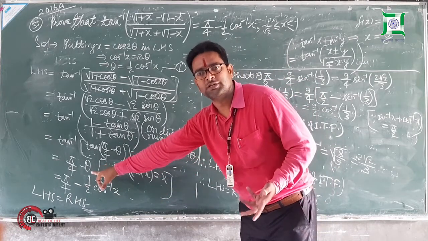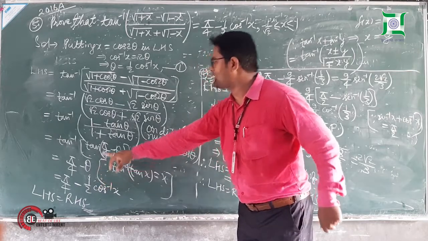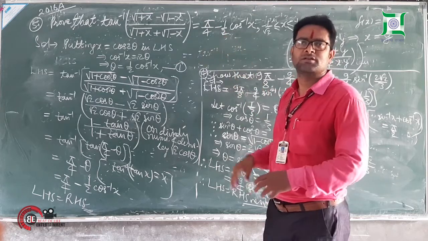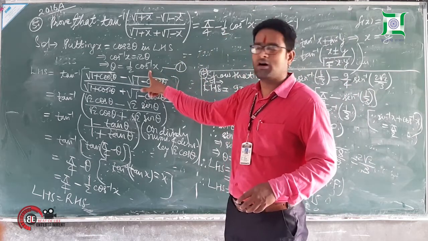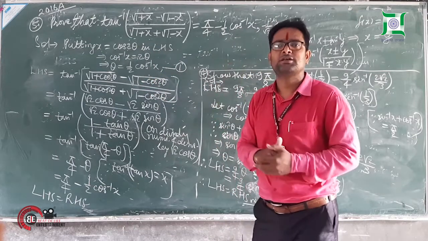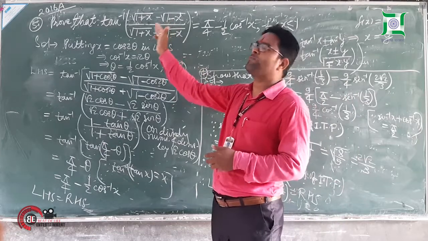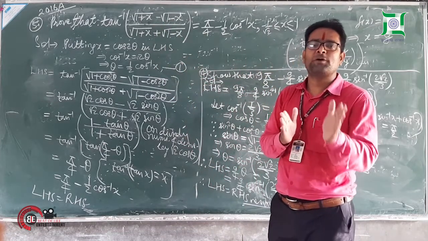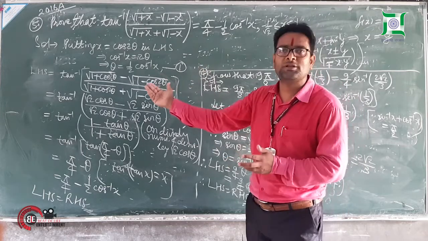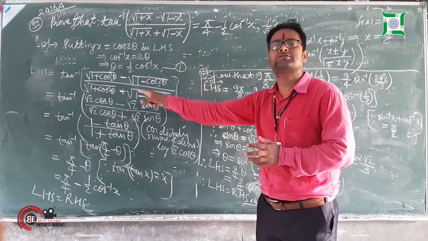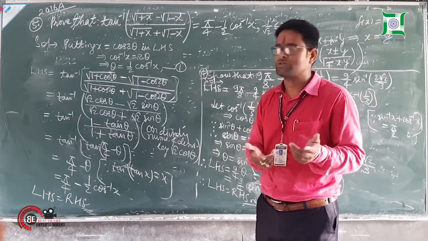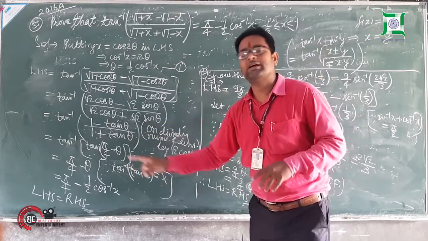Here you can get confused about how theta comes here. There is one more method: you can change the RHS also to pi by 4 minus theta. But you have to make this change. Unless you have made this change, you will be confused about how to make the LHS and RHS equal. So first of all, think properly which type of substitution will be easier for a particular question. After that, think what will be the benefit of choosing this type of steps, substitutions or transformations. I have planned to get everything in terms of tan.